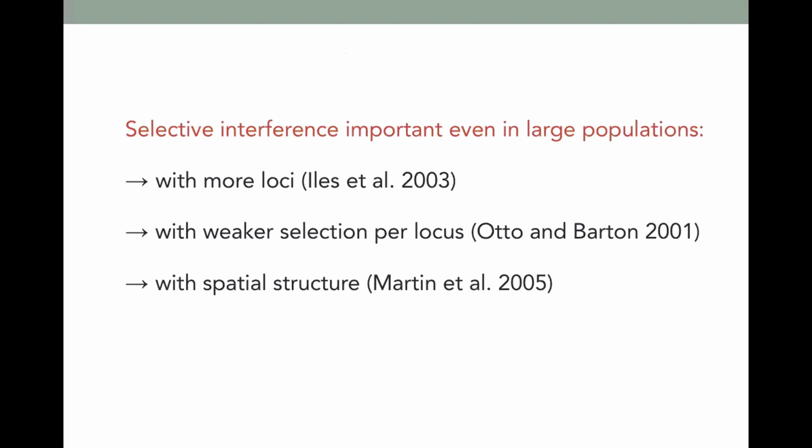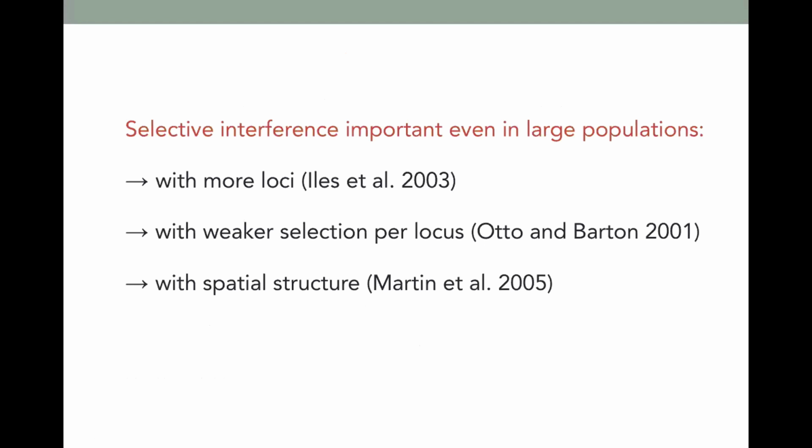When I started on this subject, I imagined that drift and stochasticity would play a really large role in small populations, but I had a hard time imagining that it would be that important in the very large populations that we see for many species in nature. But I've come to appreciate that I was just plain wrong.